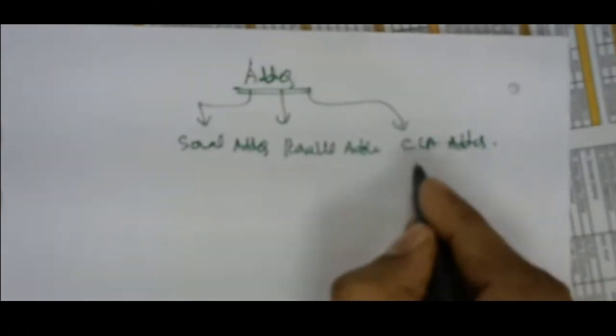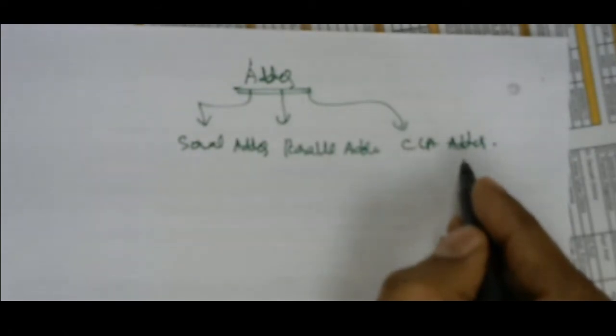There are so many adders, right? What are the adders? Do you know? Tell me, anybody? You might have studied. One is the serial adder, parallel adder, very good. Carry look ahead adder, very good. And the ripple carry adder. The ripple carry adder and the carry look ahead adder are the same here; the carry will be rippled there.